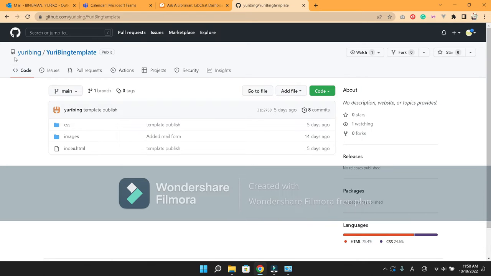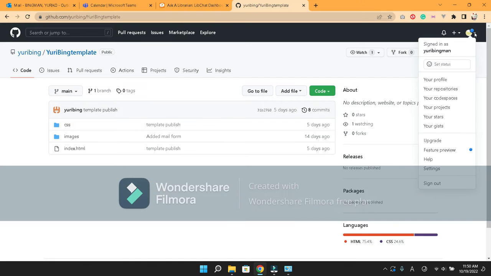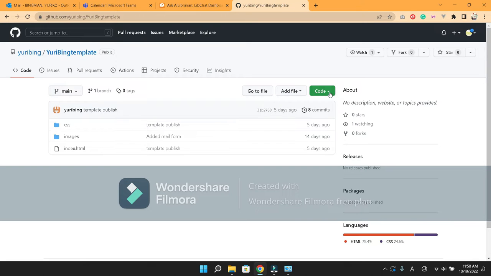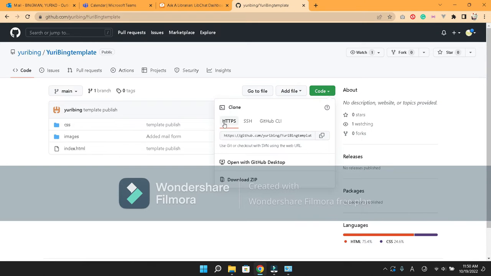It's from Yuri Bing. That's a different person, a different account from where I created. This is Yuri Bingman, that I previously created, and that was something different. Okay, so let's go to Code, and make sure it's HTTPS, and then copy the whole entire URL